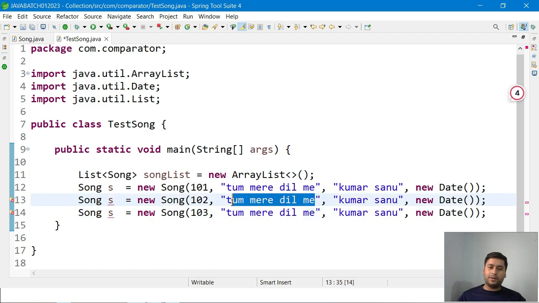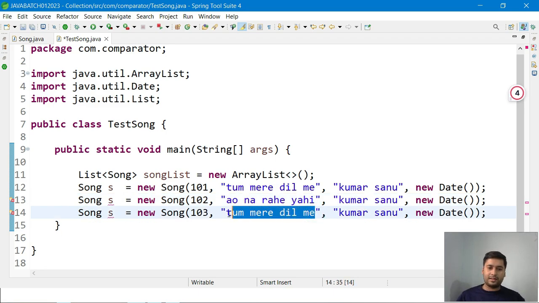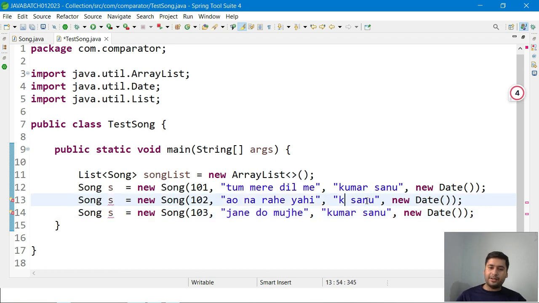"Tum dil mein rahte ho," this is the one song, and "Aao na rahe yahi." Okay, then you can take one more song called "Jaane do mujhe." So this is something song, and this is written by Kumar Sanu, and this is written by something called, I will give the name called Arjit Singh. So Arjit Singh, and this one song is written by something called